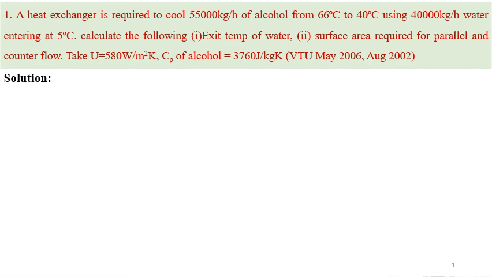So the mass flow rate of the hot fluid is known, the specific heat of the hot fluid is known, the mass flow rate of the cold fluid is known, the specific heat of the cold fluid is known, and the inlet temperature of the hot fluid is known, the outlet temperature of the hot fluid is known, the inlet temperature of the cold fluid is known. So three temperatures are known, so we can go for the LMTD method, logarithmic mean temperature difference method. How? By knowing three temperatures, mass flow rate and specific heat, we can find the unknown temperature of any one of the fluids.